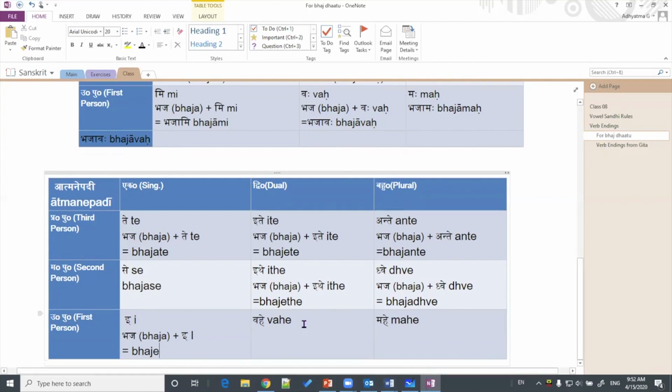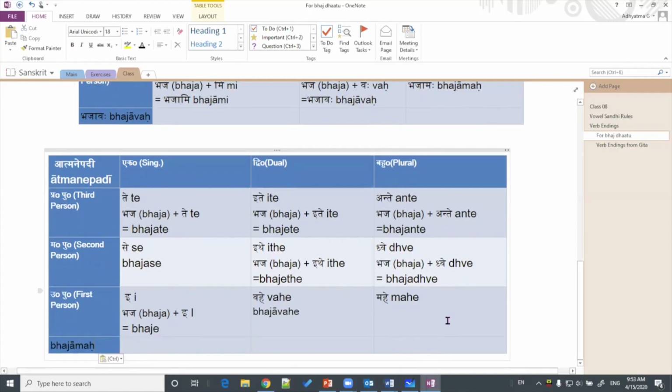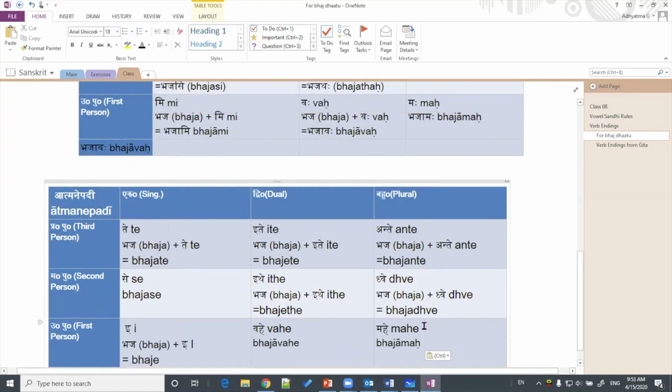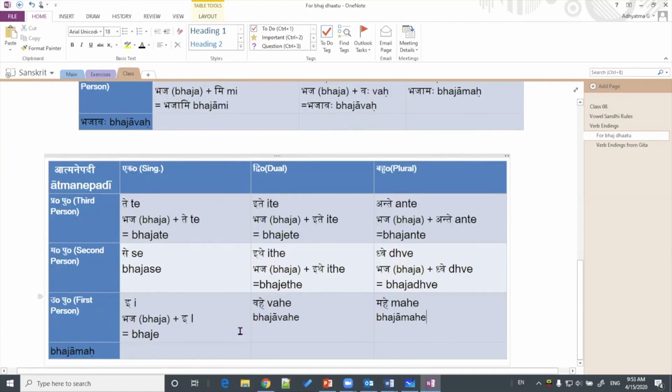So it becomes, I'll take from here. So it becomes bhajāvahe and it becomes bhajāmahe. Bhajāmahe. Okay. I'll quickly write Devanagari once also, and then